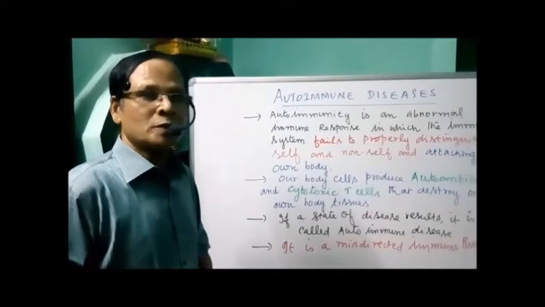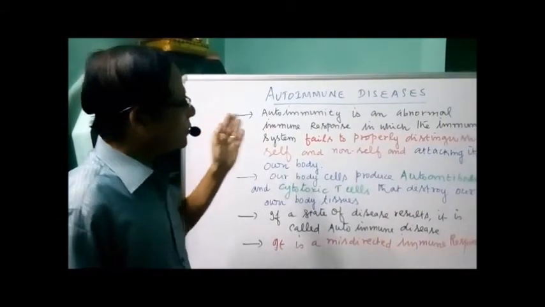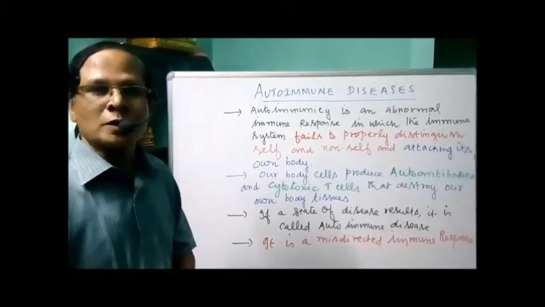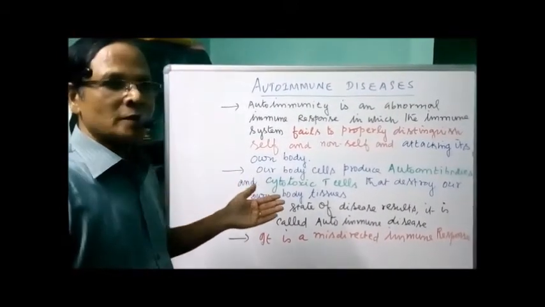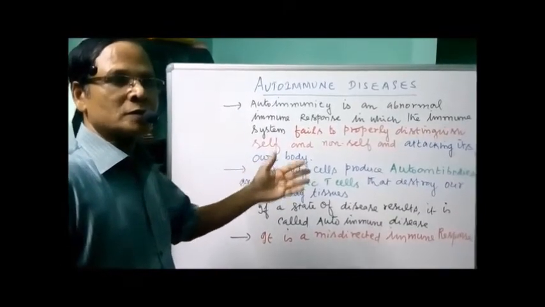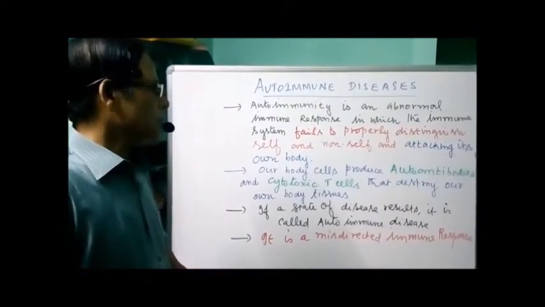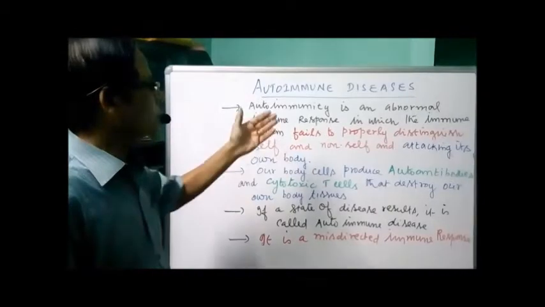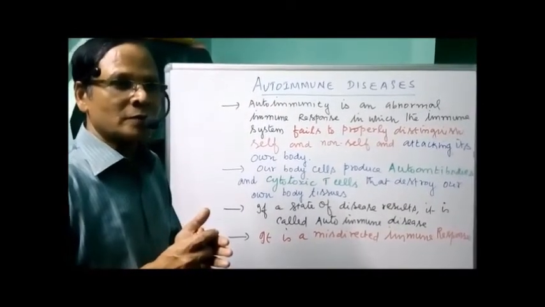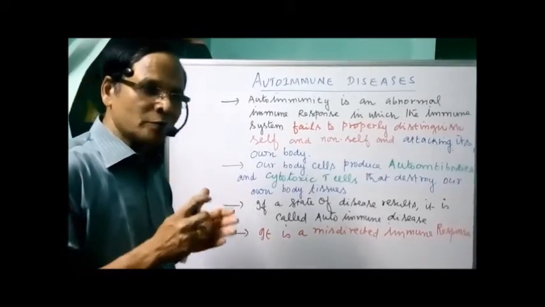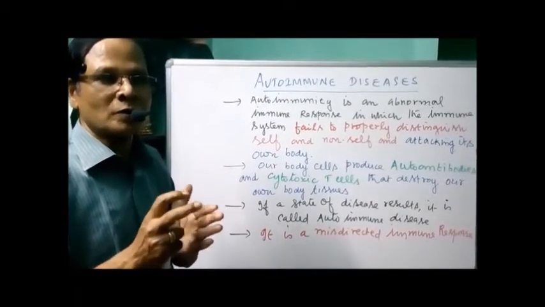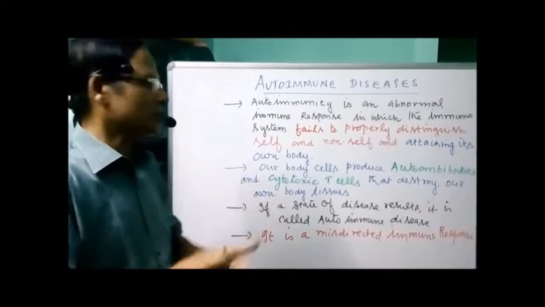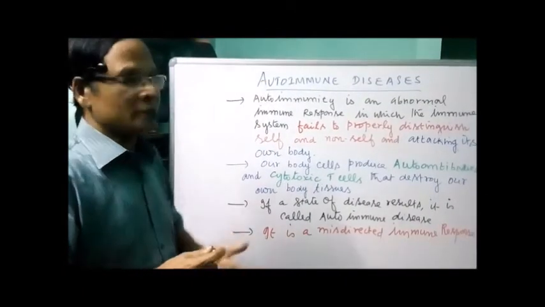You know the 4 important properties of acquired or adaptive immunity. 1, specificity. Another one, diversity. The third one, distinction between self and non-self, and the fourth one, memory. In autoimmune disease, the third property is not achieved by the immune system. This is because of the loss of ability, the failure of the immune system to differentiate self molecules, its own body molecules, from non-self, the ones coming from outside. That's the reason why we have autoimmune diseases.